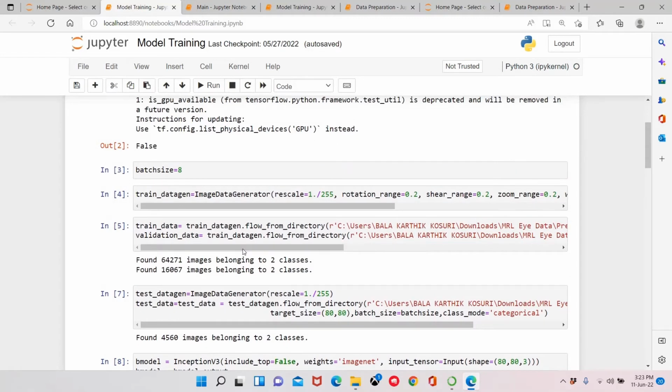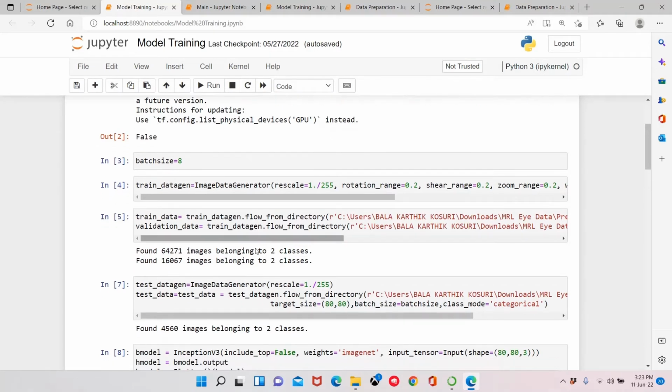So we are getting here 64,000 plus images for the train data and 16,000 plus images for validation data.